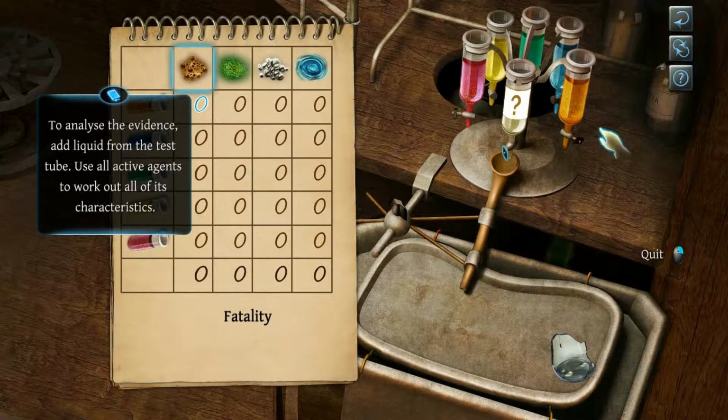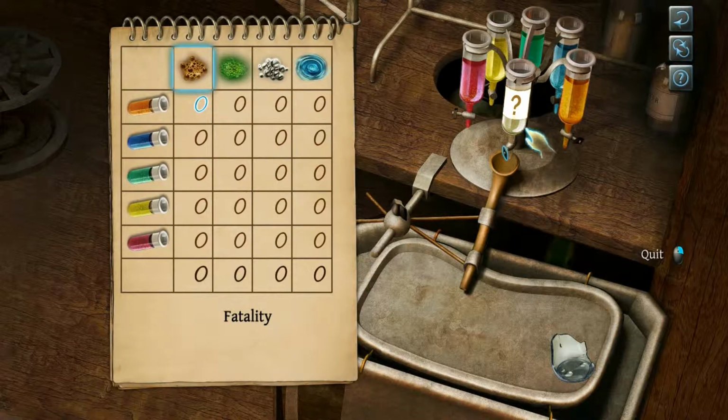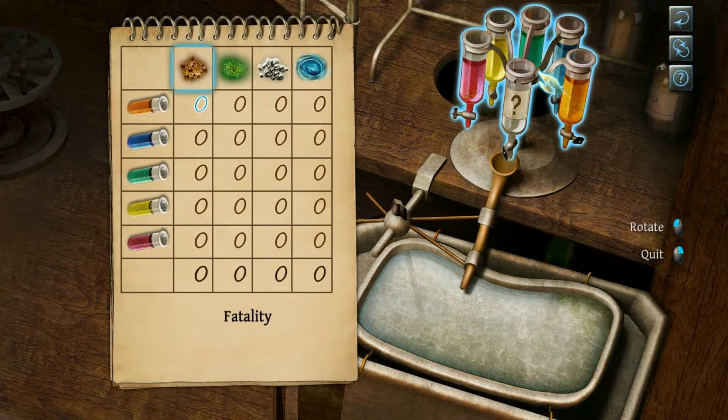The glass. A bit of glass. Alright, let's have a look at the instructions. To analyse the evidence, add liquids from the test tubes. Use all active agents to work out all of its characteristics. Alright, so put the glass there. I'll turn it into a liquid here with the mystery one. Let's add...